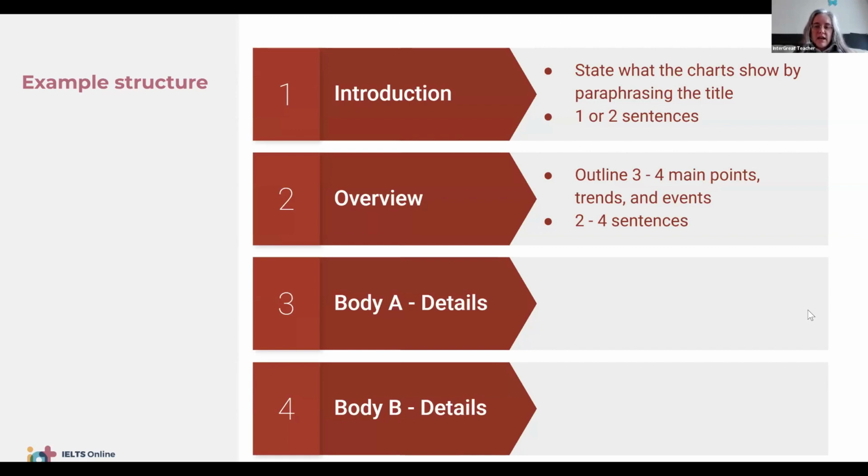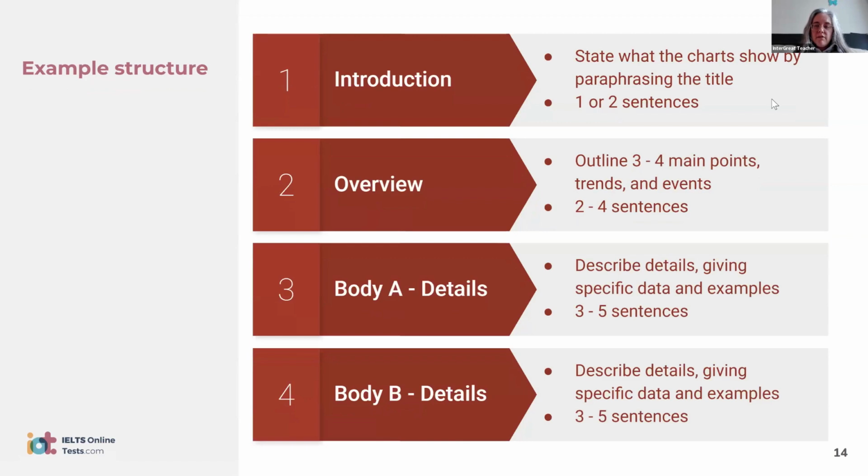Okay, and then we've got the main body. So here you can see it's been separated into 2 parts, suggesting 2 paragraphs. But as I said before, number of paragraphs depends on the information that you're presented with. But what you do need to do in this section is write about the specifics. Okay, so in this part, it's really important that you include the figures. So you need to include the figures from, in this case, a graph. That is something